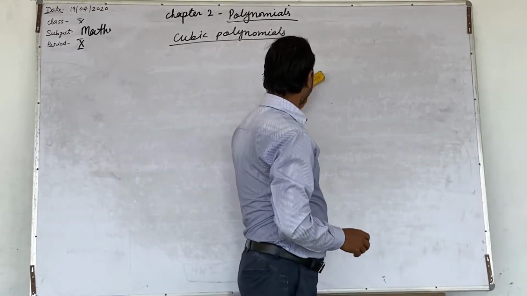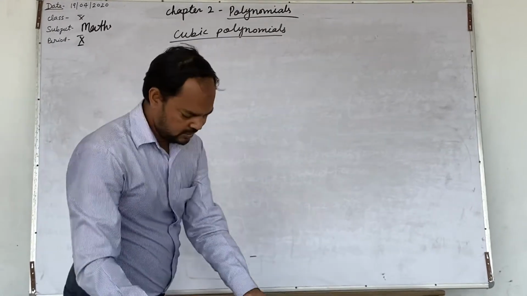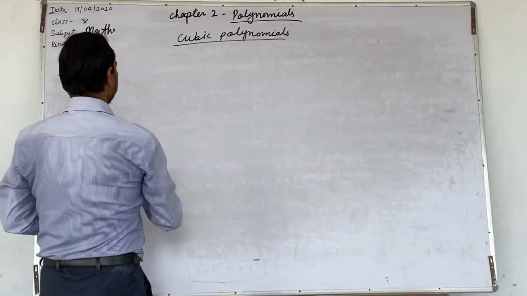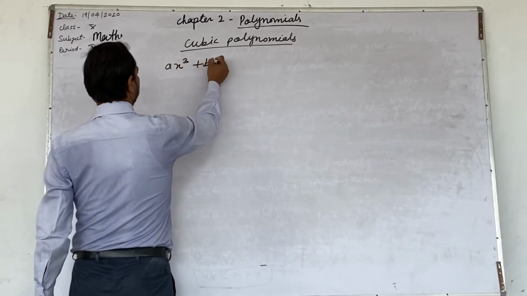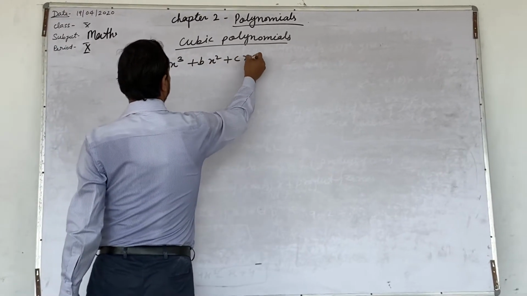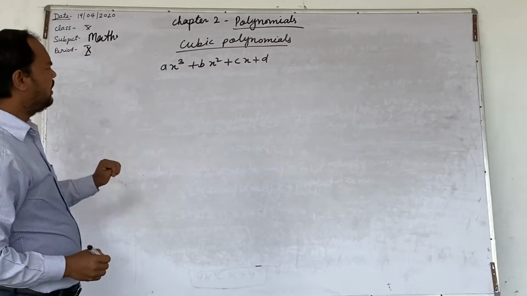This is according to the NCERT book, not from the examiner's point of view, but you have to know it. If ax cube plus bx square plus cx plus d is a cubic polynomial, then first